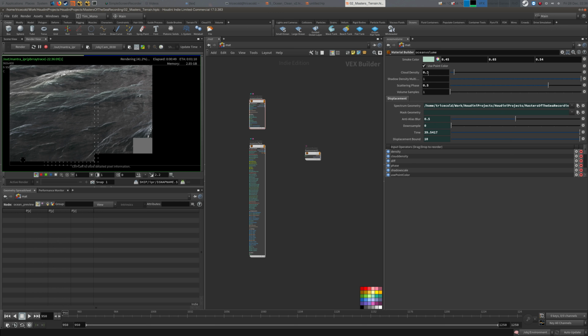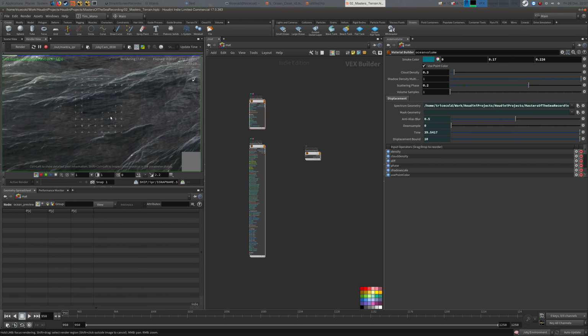So what we want is, my scattering phase is set to 2, my colors are set to 0, 0.17, 0.226. It's a bit more blue,